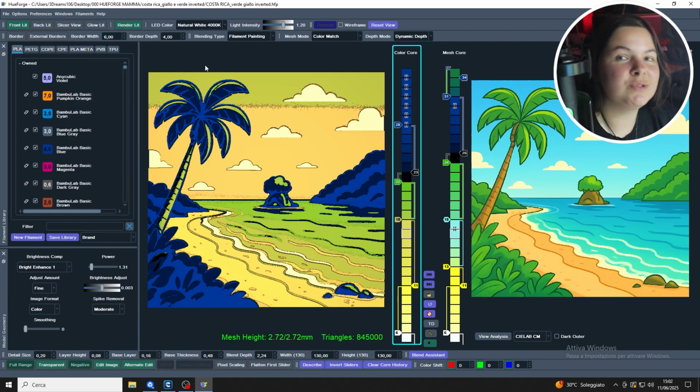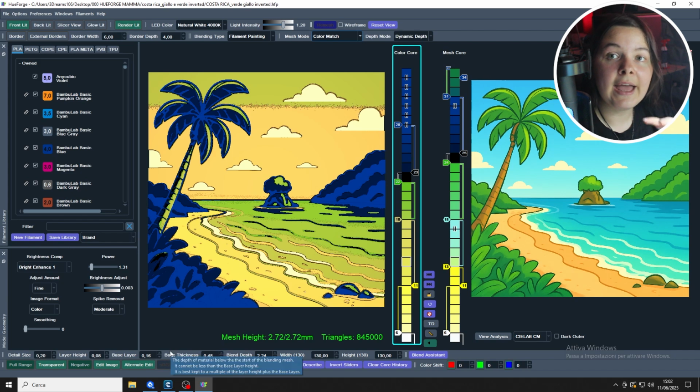But let's talk about some labels that have changed from the previous version. For example, the main one is luminance, which is the mode that we use in our Hueforge. Now it's called mesh mode and it's right there. And the other two options that have been renamed are the min depth and max depth. In fact, now they are called blend depth and base thickness, and they are a little different from the previous